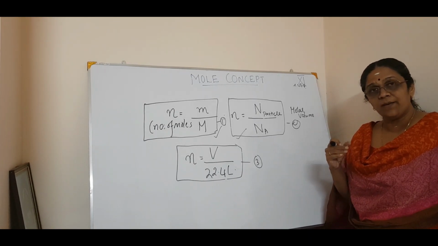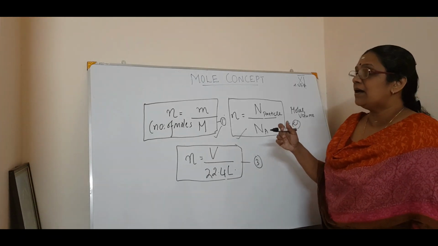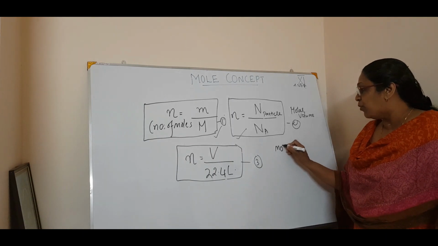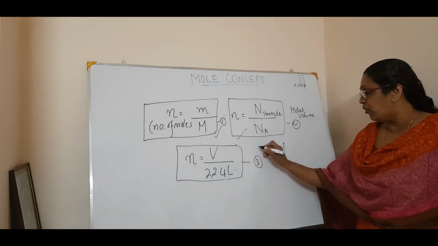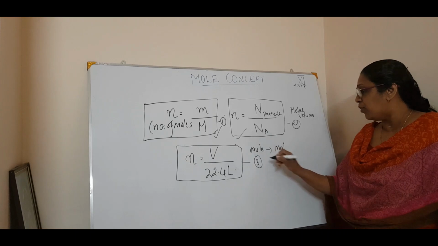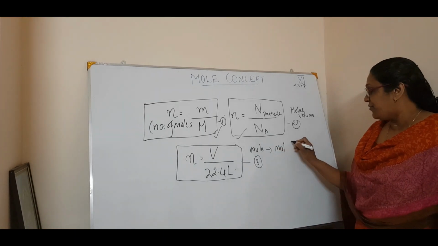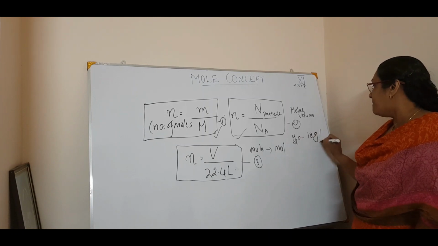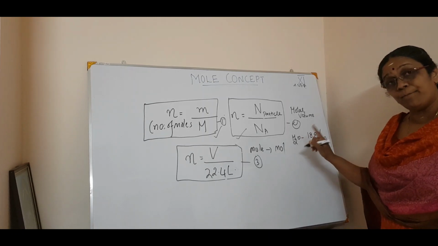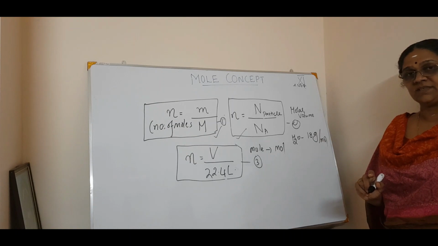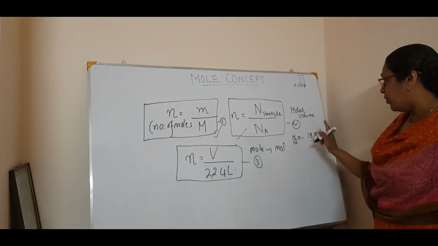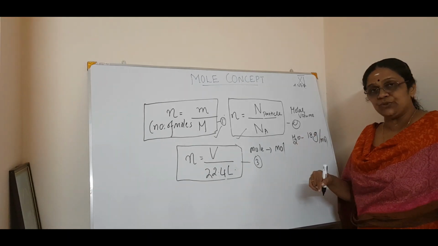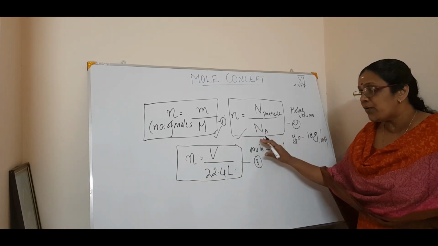Okay, is it okay? Now if I ask what is the molar mass of water, what is the unit? The unit is mole. Now if you say what is the molar mass of water, then we will say 18 gram per mole. See? Gram per mole. That is weight by molar mass, that is gram per mole. So that is how you write the unit. Okay. So hope you understood.